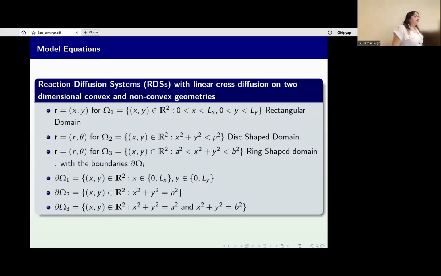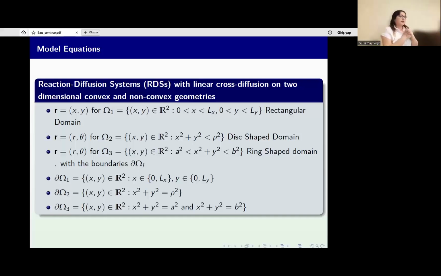Next, the second theme of my work is the geometry. So I worked on two-dimensional geometries, but I started with a rectangular domain. I was interested to see what happens on circular shapes. A disc-shaped domain. I'll show you three different geometries here: rectangular, disc-shaped, and ring-shaped domain. The ring-shaped domain here is non-convex. Think about an annulus. Sorry, we have an annular region. How shall I explain? We have the outer circle and the inner circle, like the thickness